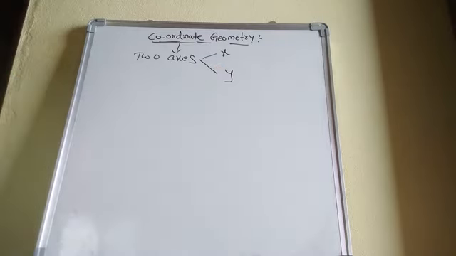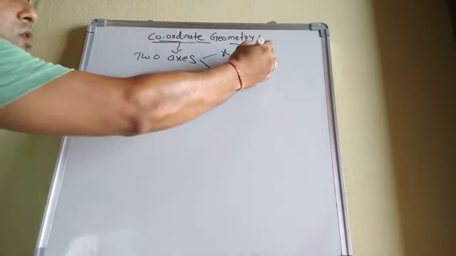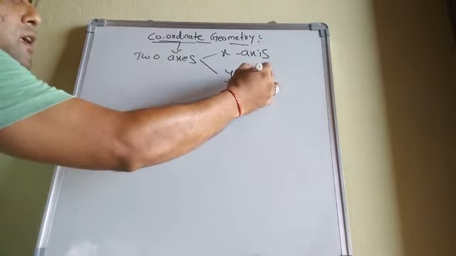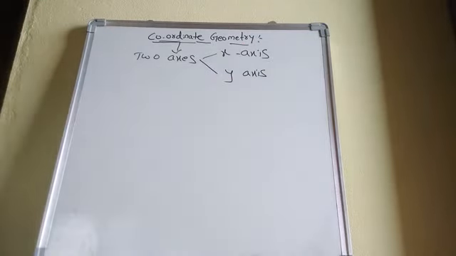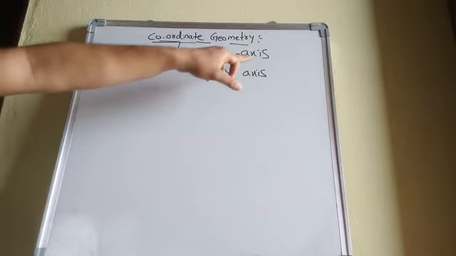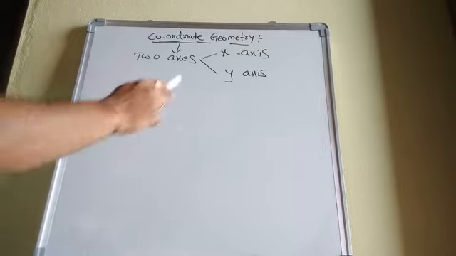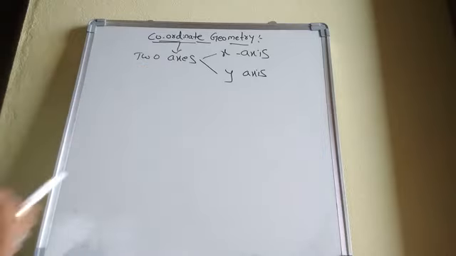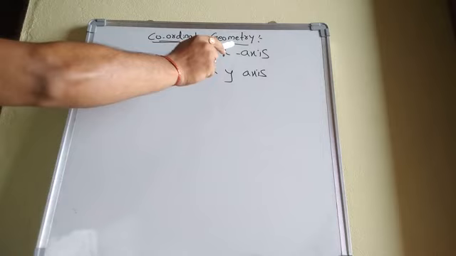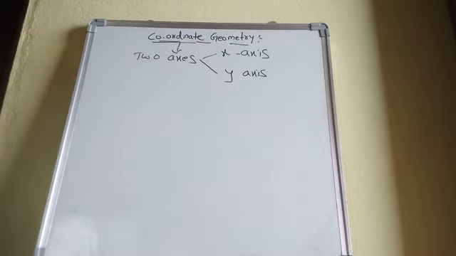What do we call this X and Y? X we call the X axis, and Y we call the Y axis. The spelling is the same for both: axis, axis. But the writing is different. This one is the plural form, and this one is the singular form. Okay students. So in our chapter we will learn how to plot a given point in a plane. What does this plane consist of? This plane consists of both the X and Y axis.